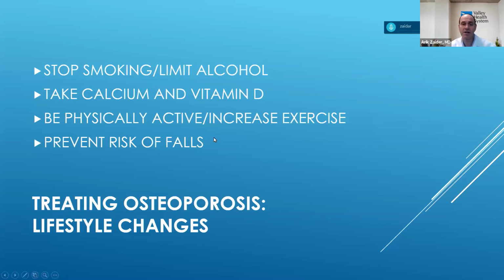Be physically active. We'll talk about this. Increase exercise. What are we shooting for? We're shooting for maybe about 30 minutes a day if you can. The general recommendation for exercise, by the way, for heart health is either 150 minutes a week of mild to moderate exercise like walking, or 75 minutes a week of vigorous exercise, the gym, elliptical, bicycling, something that makes you sweat. So you can apply the same thing to osteoporosis. Exercise is great. Even if you have osteoporosis, exercise should never be held back as long as it's safe. And you should be shooting for about 30 minutes a day.